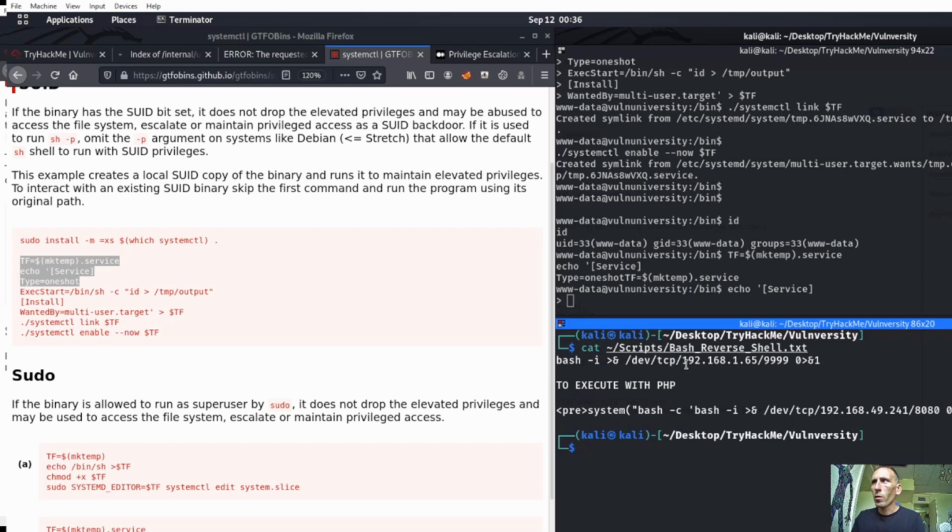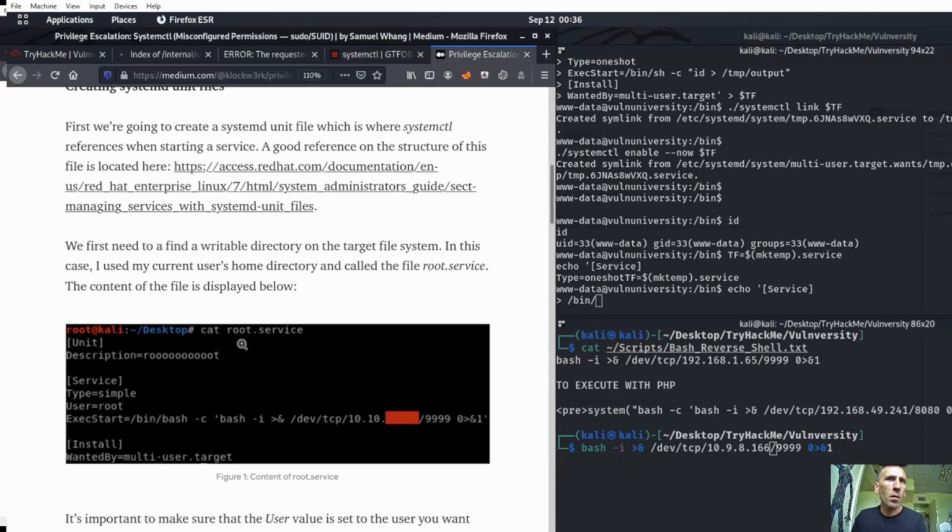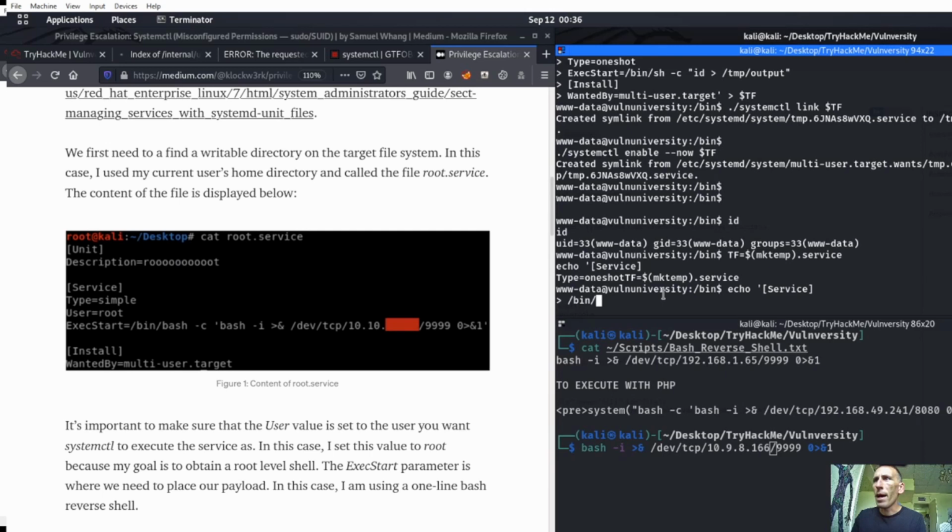Okay, so let me go ahead and copy this, change that up. And we're going to do 10.98.166. Okay. Next, start service bin bash. We're going to do a /bin/sh there, right? Bin bash. You did a bin bash. I'm going to try bin bash. Bin bash -c, and then